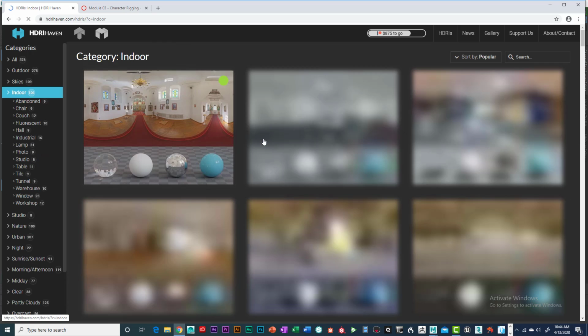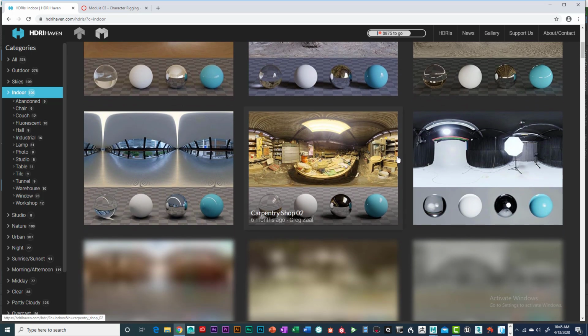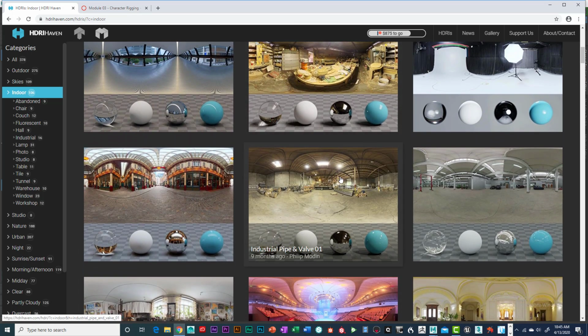So if you click on indoor, then what you're looking for is, you can see these little metal balls, like this chrome ball is what I'm looking at. What you want to do is find something that is not overly warm, something neutral. Try to keep away from HDR images that are warm or yellow. The idea is to get something that is neutral. So when you find one that's neutral,